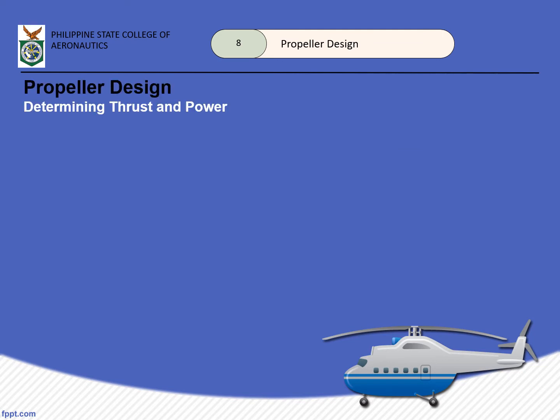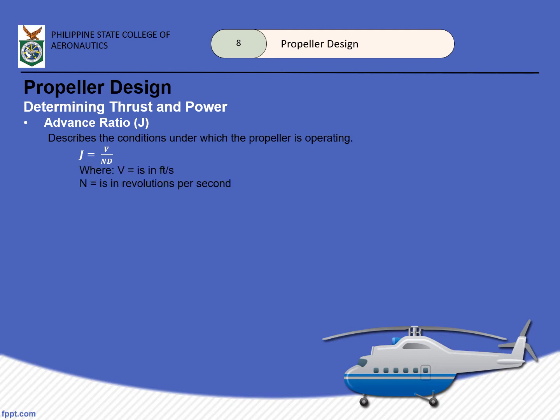Now, we move forward to determining thrust and power. Okay, so we have the advance ratio. So it describes the conditions under which the propeller is operating. So we can get this. It is represented by J, and we can get this by the formula V over ND, where V is in feet per second, N is in revolutions per second, or may problems din given siya in RPM. But regardless, we can convert it naman. So D is the diameter in feet,